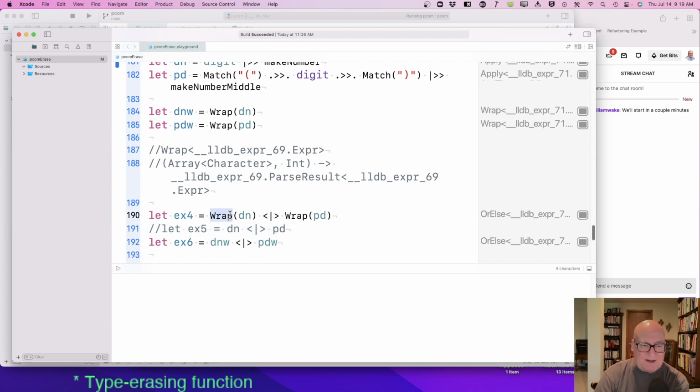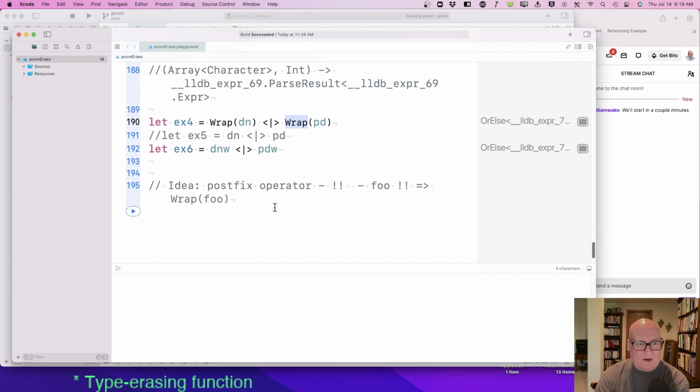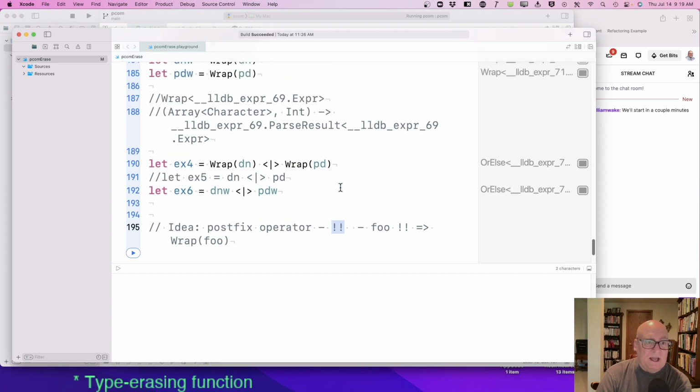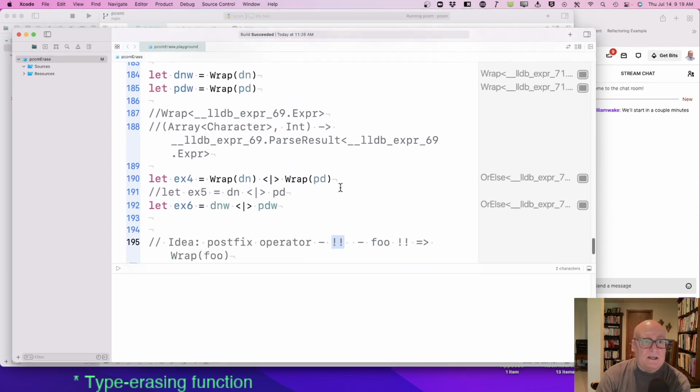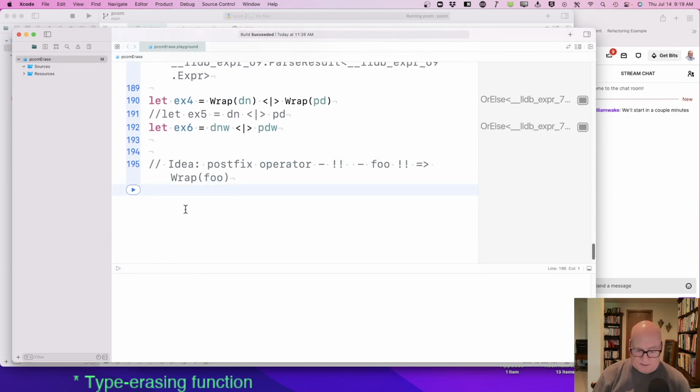We don't want to have to say wrap all the time. I don't know if that's the goal for the rest of this hour. So one idea I had was you would define some sort of operator that's postfix, and then you would say something like equals dn bang bang or pd bang bang.